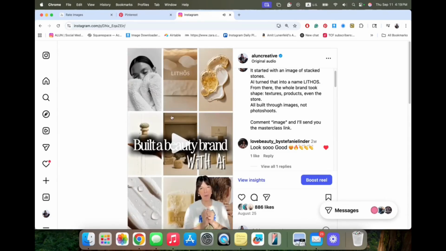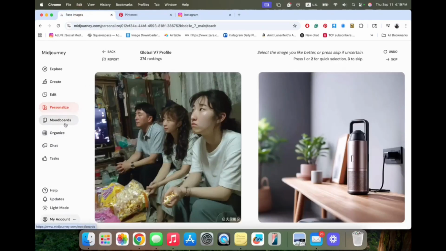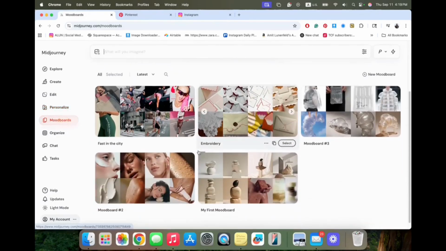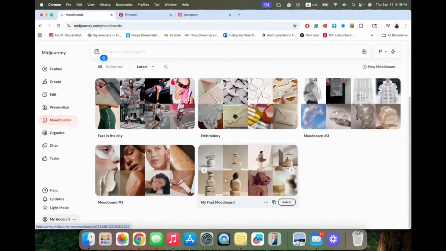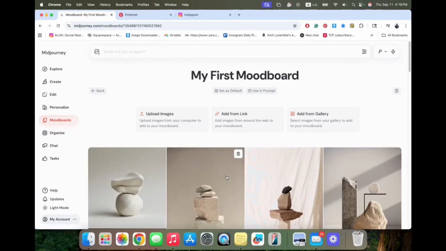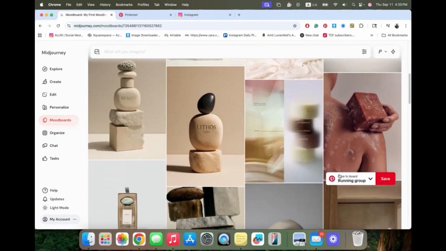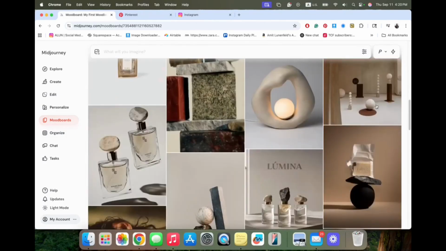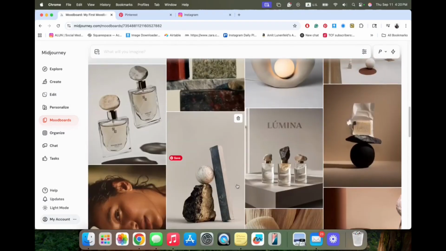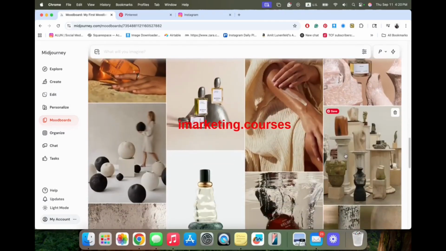So this is the reel I was talking about, mostly created in Midjourney, some in ChatGPT, but we are focusing now on Midjourney. The way I started it, I opened here an album for the project. I wanted to create products inspired by these stones, a beauty product. So I upload here some inspo of stones, pebbles that I like, textures, and stuff like that.